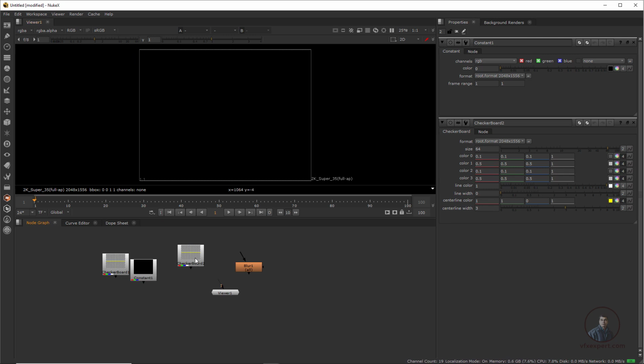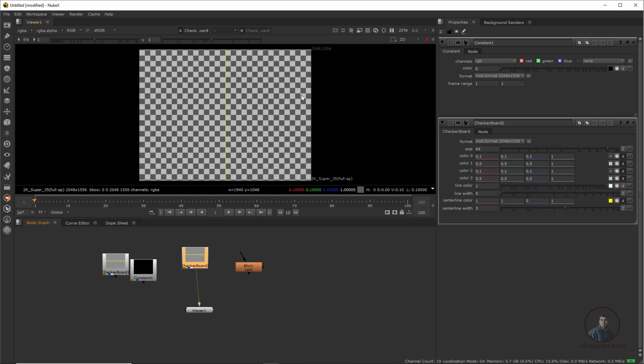Then after this is our viewer here. Whatever node you have created inside our node graph, you can simply view with the help of this viewer. Suppose I have created this Checkerboard, then you have to connect it with this viewer. Simply pick this one and connect it with our Checkerboard. Now you can see here this is our checkerboard. Like this you can connect any node and view it here.